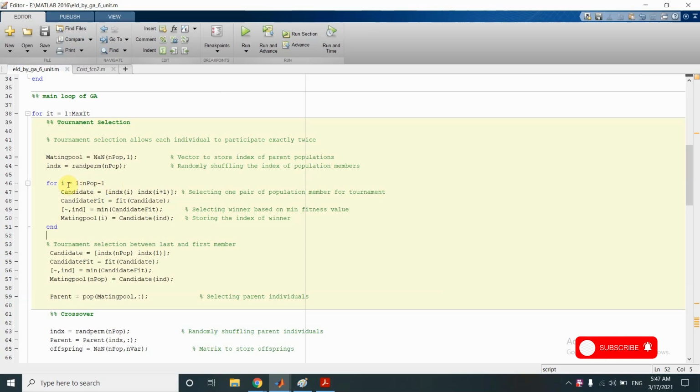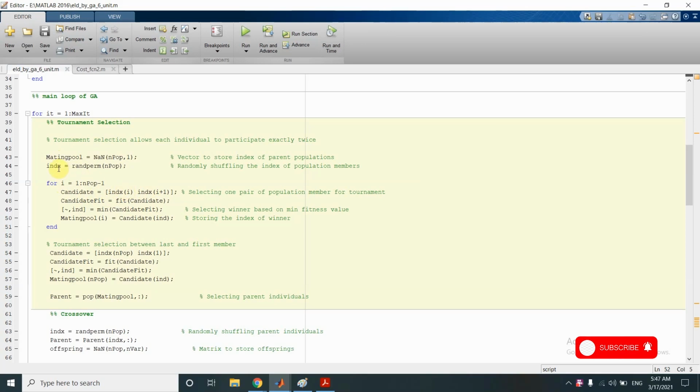So for i equal to 1 to n pop minus 1, candidate, this candidate would be a row vector that would contain the indices for the individuals of the pop matrix. So at the first iteration of the loop, we are considering the first and second element of this indx vector.